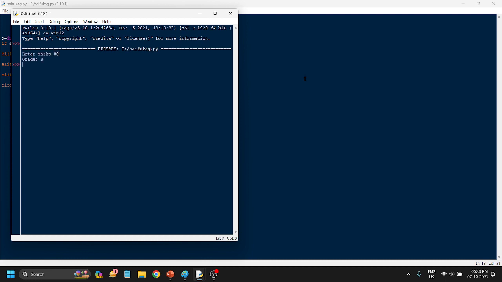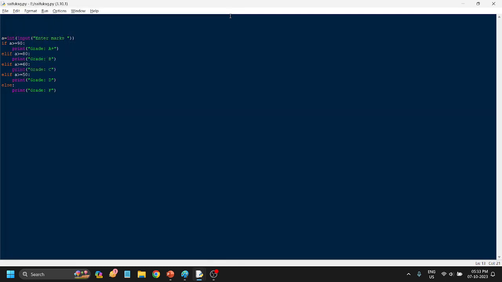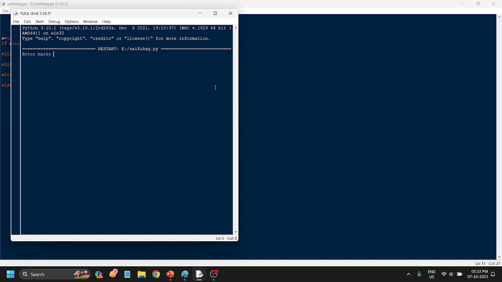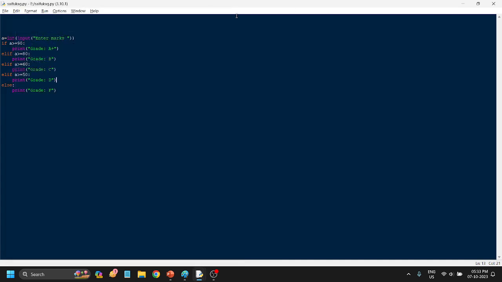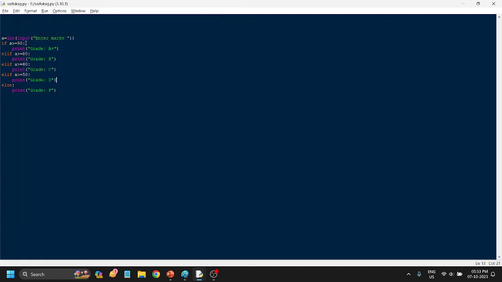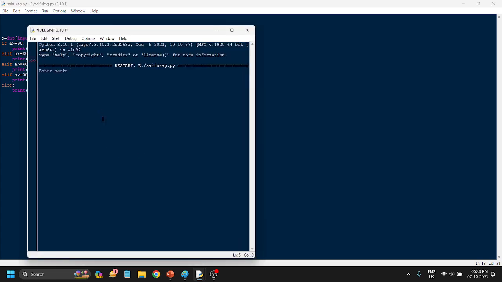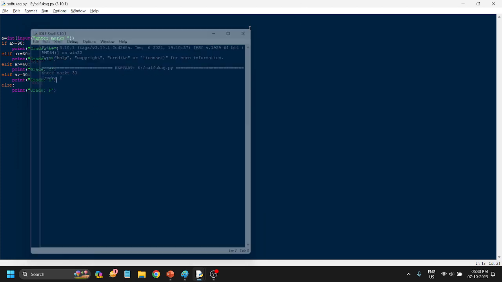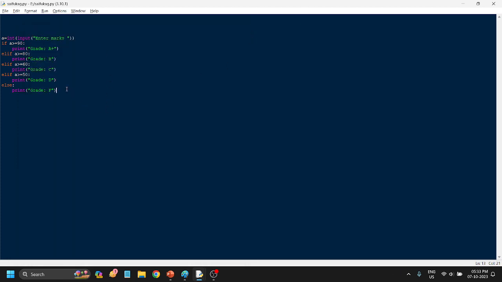If my marks are 80, grade B. 70, grade C. 60, grade C. Okay, there is no condition for 70, so if it is under 80, then it will give the C one, and let's assume someone scored 30 somehow, then they will get F. So that is how